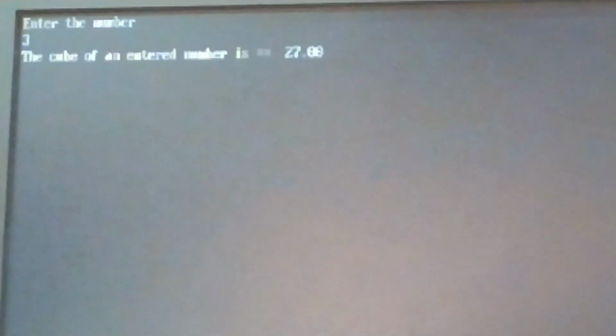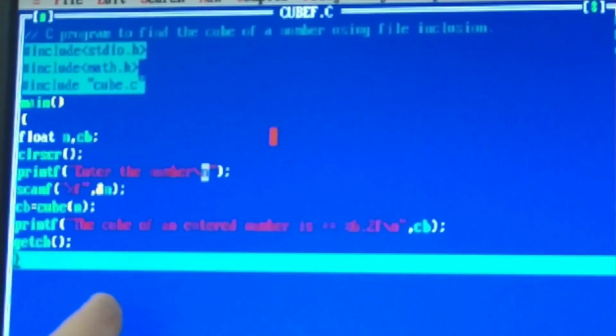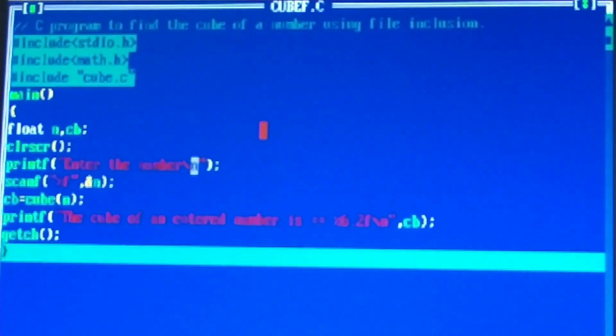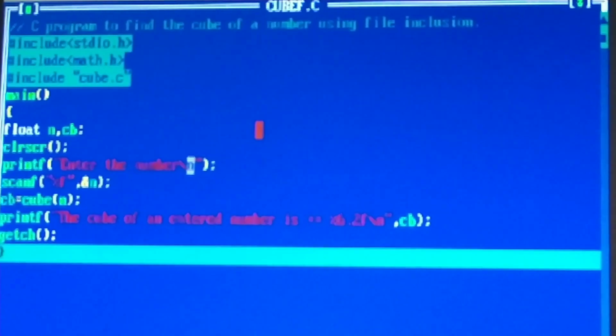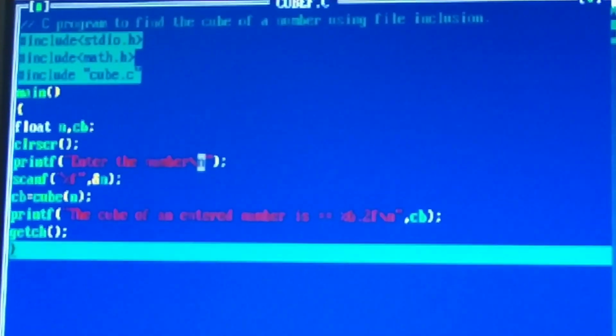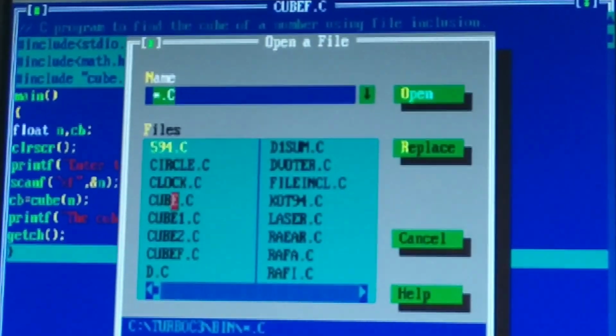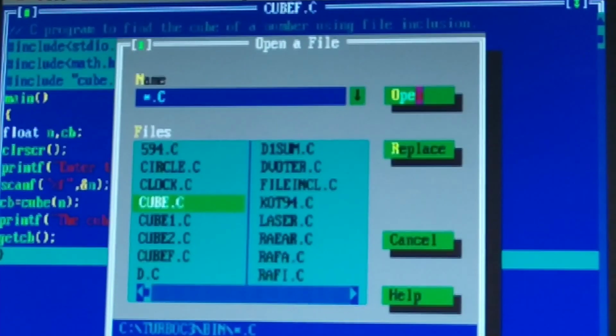So you can see the difference: using functions, the sub function will be present here only, but in file inclusion that file will be an external file, that is cube.c. In cube.c we will write the exact coding of the computation, that is the exact calculation of the program.